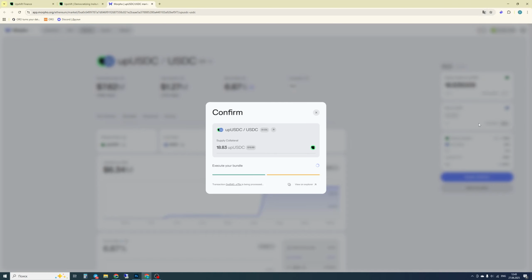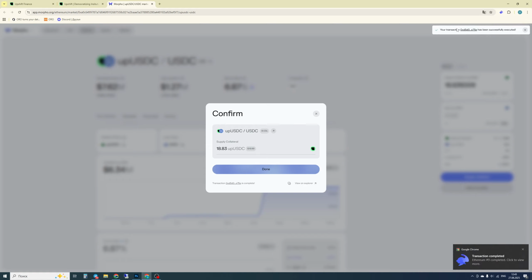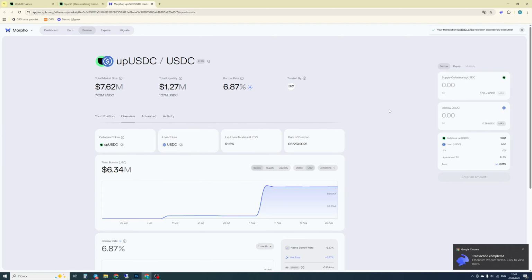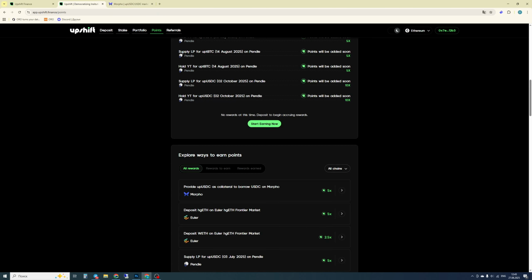Again, we wait for the transaction to be confirmed. It takes some time, but it's quite fast. Great. We see that our transaction has been confirmed, and we also see a notification. That's it. We will now start earning additional points from the Morpho Rewards platform.